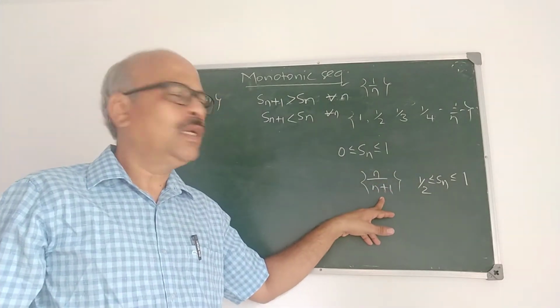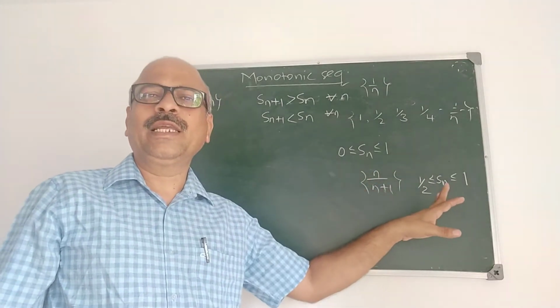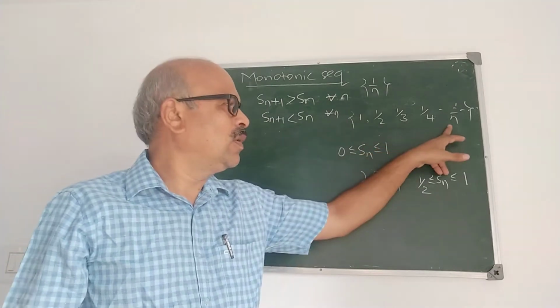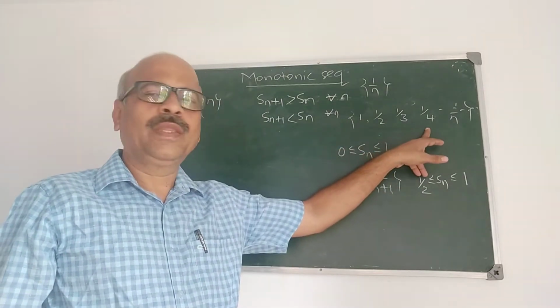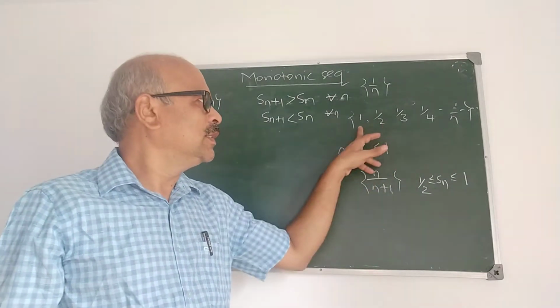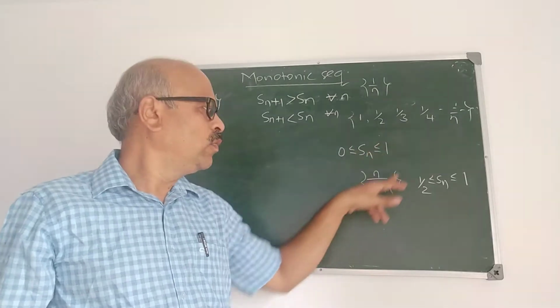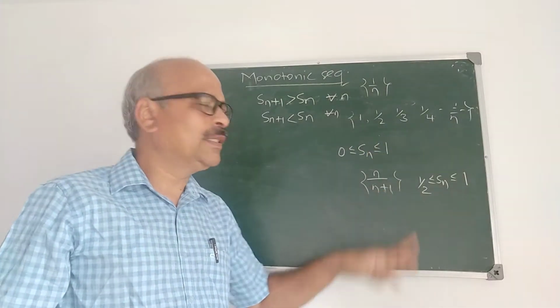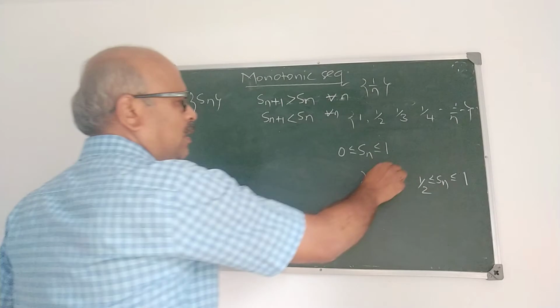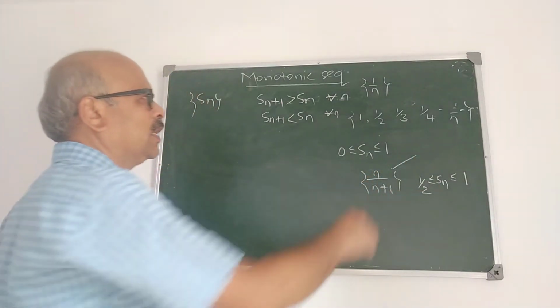Now, to test whether the sequence is monotonically increasing or decreasing, since a sequence means its nth term is given, we do not always write the range of the sequence, or write the sequence in this order. We usually take the sequence to mean its nth term. How do you check whether the given sequence is increasing or decreasing?